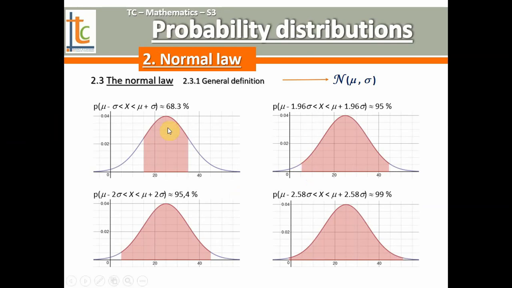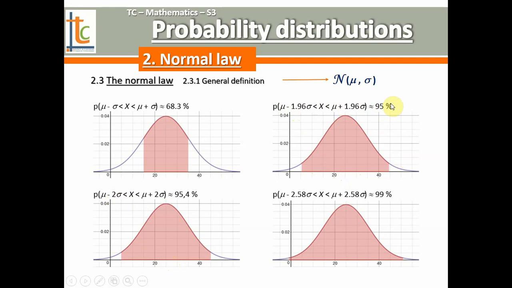You have to know these 4 graphs by heart, okay? You have to know in your head that if you go to one standard deviation on the left and on the right, you are creating an interval that contains 68.3% of the possibilities. So this percentage of the total area under the curve. If you take 2 standard deviations, you are considering 95.4% of the possibilities. If you consider just a little bit less than 2, but 1.96 standard deviations on the left and on the right from the mean, you are considering